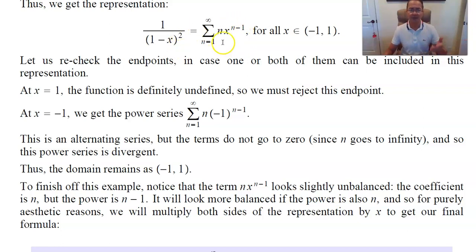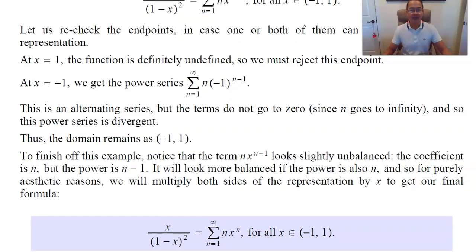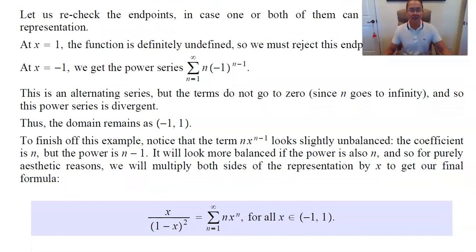This is a perfectly good equation, but it has a little smudge over here. Well, how do you turn this into just n? One way to think about it is x to the n minus 1 is the same as x to the n divided by x. So to get rid of the divide by x, multiply both sides of that equation by x, and so we get this more beautiful